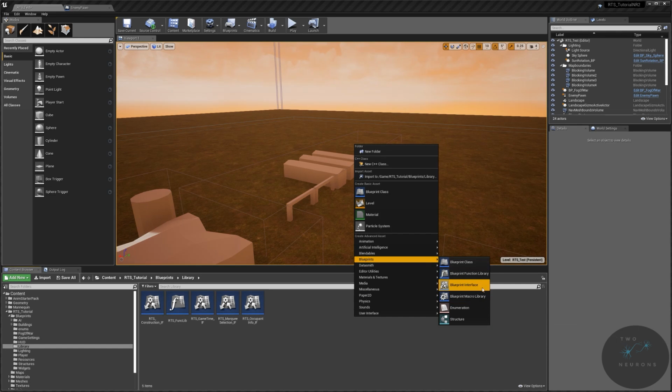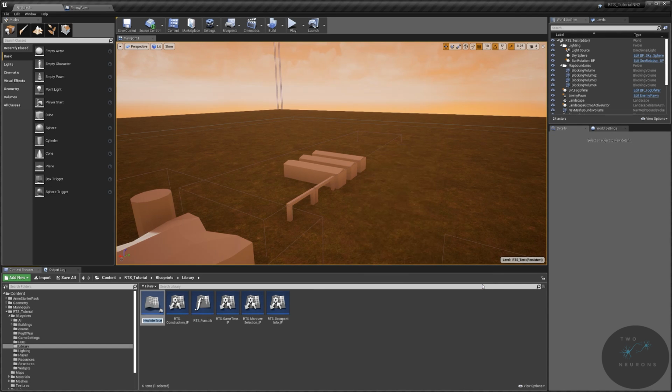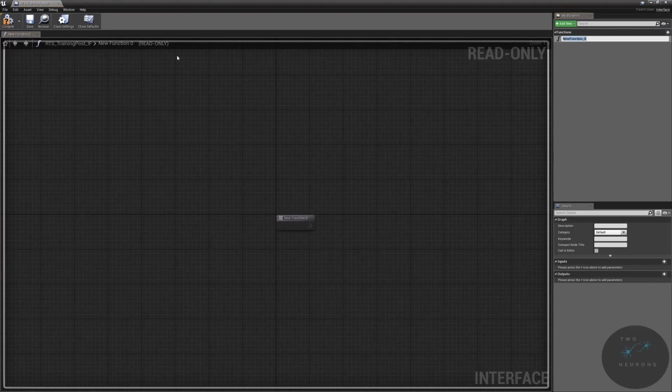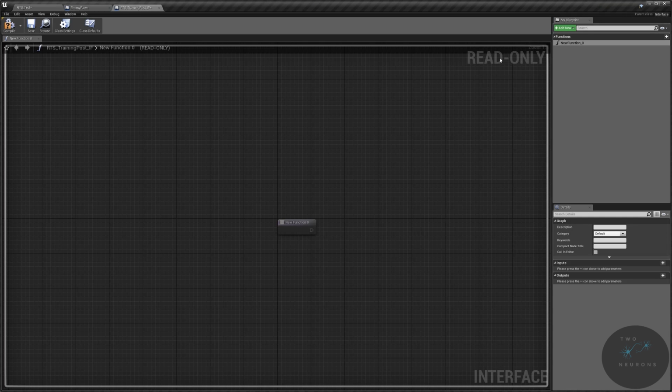We'll go to Blueprint and create a Blueprint Interface, and I'm going to keep the same naming convention I've been using here, which again is not the best naming convention. It'll be training post interface. Let's just pop this open. I'm going to pin it into the correct window, and I'm going to use the one function that's already here called